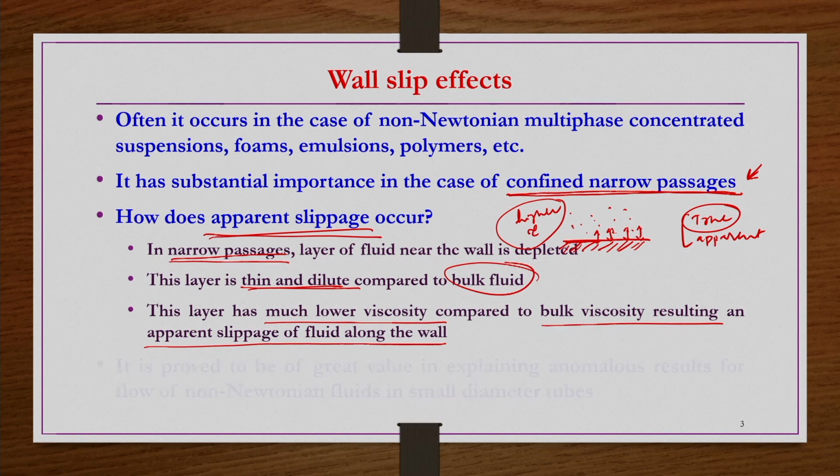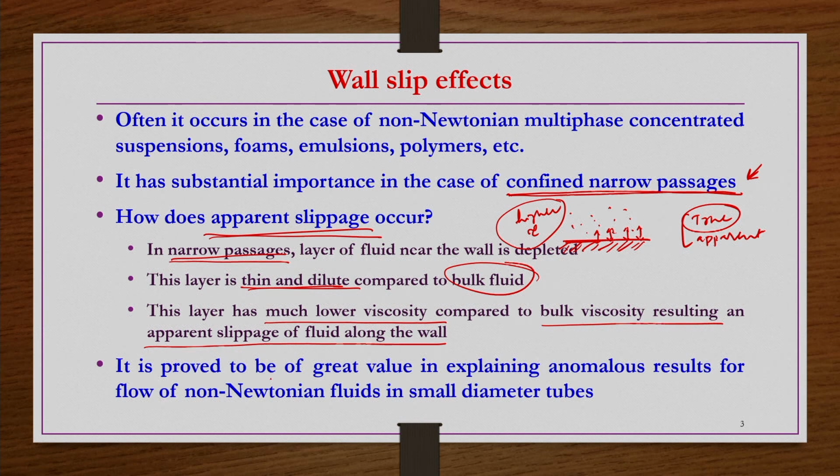So, because of this depleted layer at the wall, the local viscosity becomes very less, so obviously the velocity would be high, because the resistance amongst the fluid molecules is less if the viscosity is less. So, when viscosity is decreased, that means the velocity at the wall would increase. Because of that, at the wall, rather than having the no slip velocity or 0 velocity, we will have an apparent slip velocity that would have a substantial value if the passage area is very narrow, if the fluid passage area is narrow.